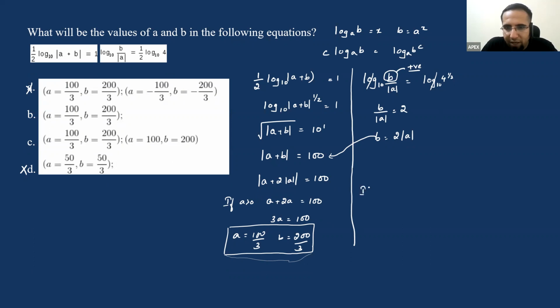Now, if I take A is less than 0, this can be written as mod of plus minus 2A, whole mod, is equal to 100. Or I get minus A mod is equal to 100. Or minus A mod will be positive A is equal to 100. If I take positive A is equal to 100 and if B has to be positive, clear, then B should